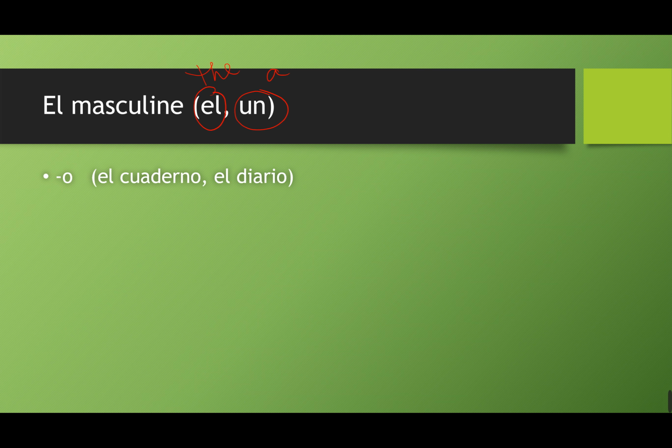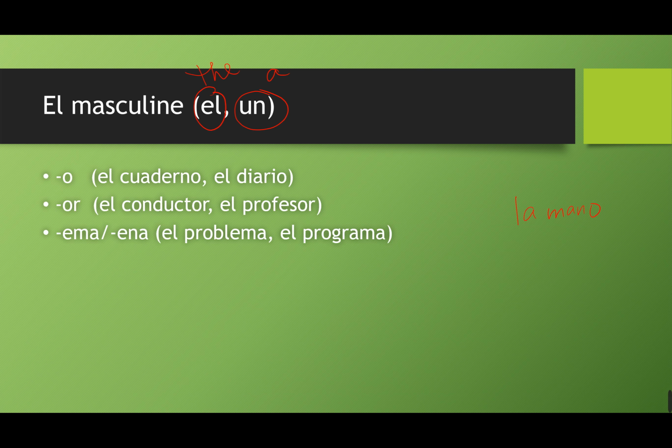Normally masculine in Spanish, words that end in o are almost always masculine, except for one, which is la mano, which I think is going to come up later. Words that end in o are el conductor or el profesor, el problema, el programa. And this is on page 33 in your book, right? And these are words that have Greek origins, and loan words from other languages tend to be masculine. Palabras que terminan con S, como el país, el autobús.